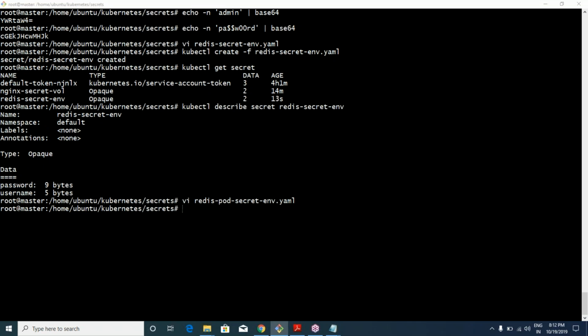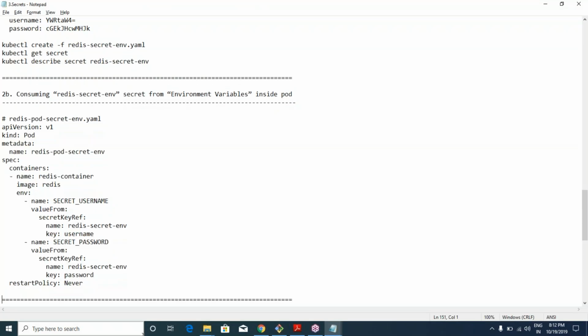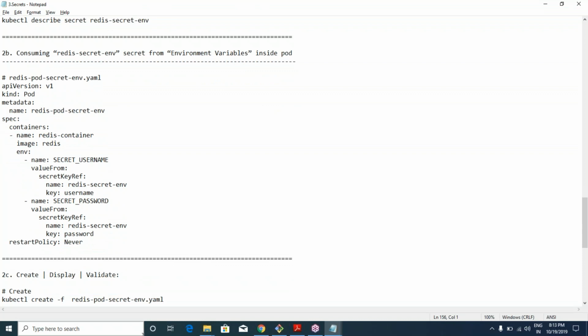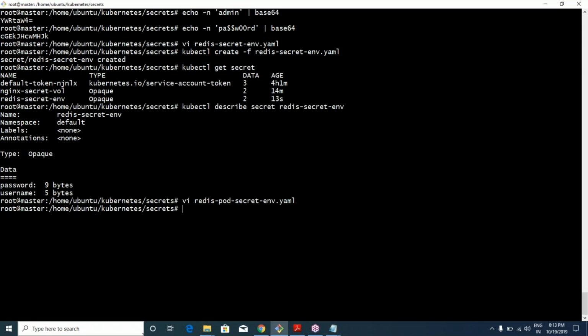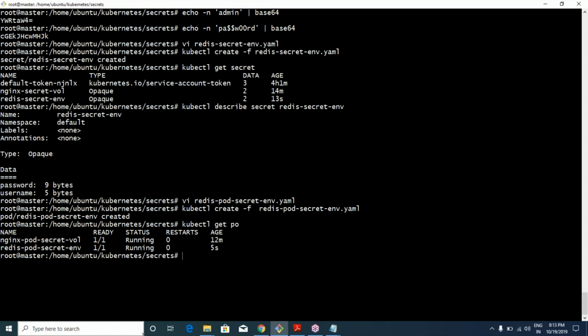Let me save it. Okay, now I want to run it. To create it, I'm going to use this. Okay, kubectl create -f, right? I want to create my pod, and if you say kubectl get pod, so it basically gives you that information. This pod is now created, and if I say describe,